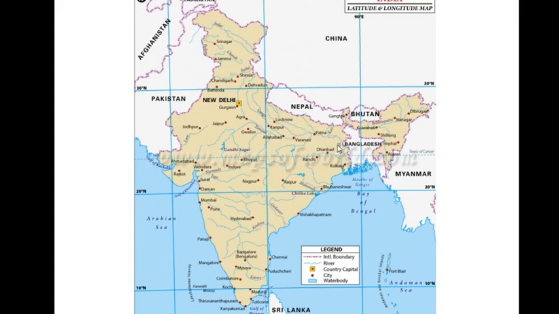And if you move towards the western side, you will find UP, Bihar and Bengal. The rainfall is drastically reduced here. 70 up to 150 centimeter per year is the average annual rainfall here. Temperature is higher, and here temperature is even higher compared to the UP, Bihar, Bengal side. This is a desert area, it's known as Indus Plain. Now here the rainfall is very low, 70 to 100 centimeter. Alright. Now towards the southern side, extreme southern part here, the rainfall is even lesser. It's around 40 to 50 centimeter per year.